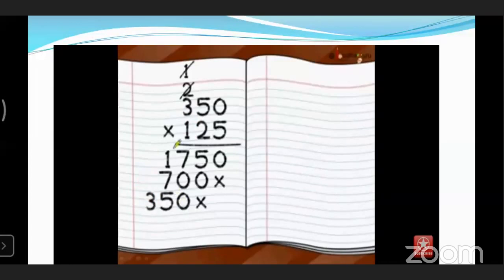Is it our final answer? No, it's not a final answer. Very good, students. So, what do we have to do now? Sir, we have to add these 3 numbers. Yes, very nice, students. We have to add these numbers. Then only we will get the final answer. Very good. So, let's add the numbers. Can you add in your notebook? Yes, Sir, 1 minute. Add the numbers and let me know the answer.